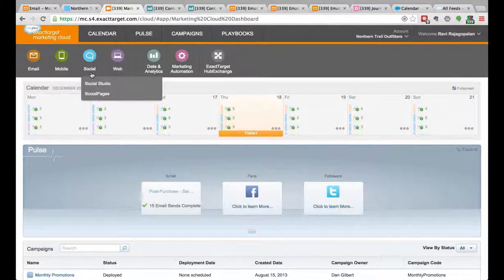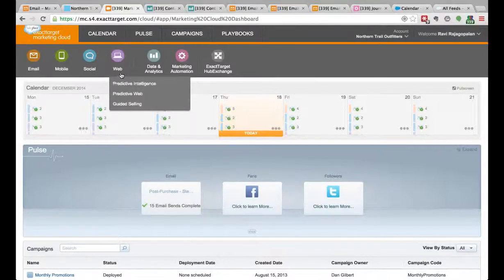channels, including setting up landing pages for things like Facebook, as well as Social Studio, which is our product that lets you both publish and engage on social channels, and I'll be diving a little bit deeper on that in a bit. In terms of the web, we have Predictive Intelligence, which lets you track all the behavior of people visiting your website and suggest content to them based on the affinities that we develop on those people,